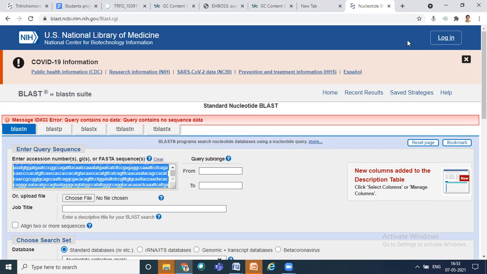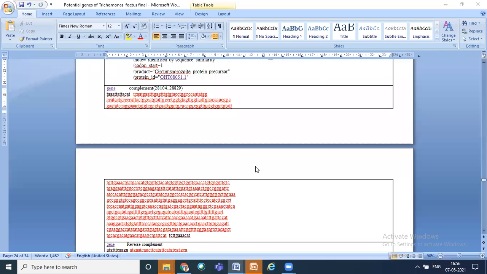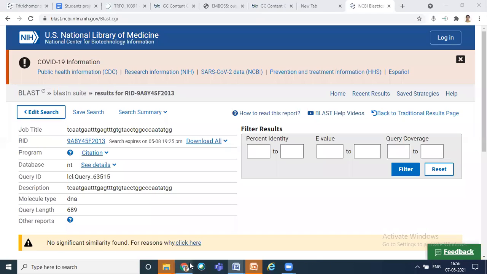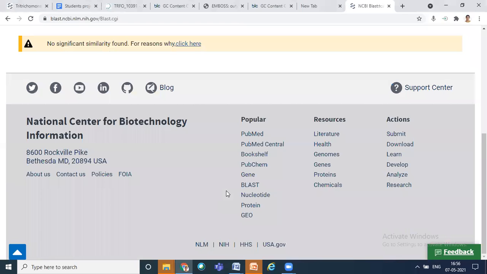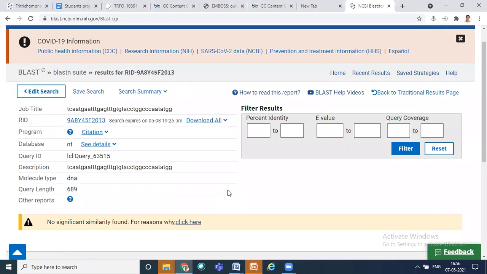Let me stop it. Yeah. So let us go to the blast. Yes. So the sequence you have submitted to the blast does not find any significant similarities.